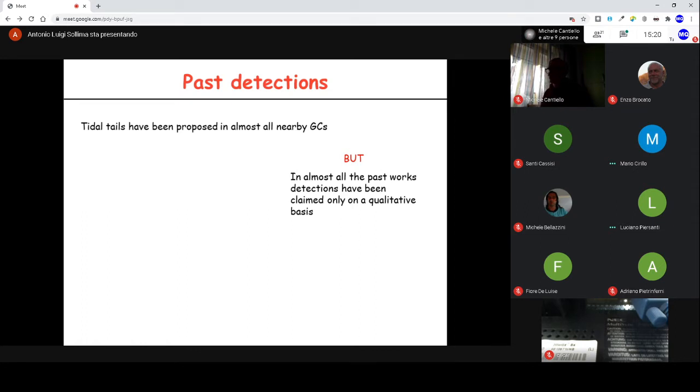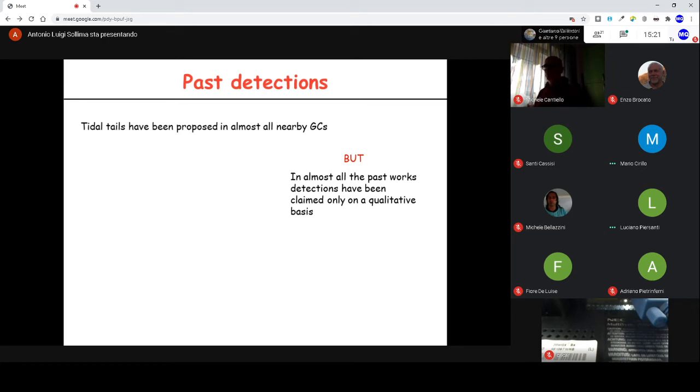So usually people make a kind of photometric analysis, select the stars, or adopt a matched filter technique, derive a density map, and then compare 2 sigma or 3 sigma contours with the location of the tidal radius. And they see if there is a deformation of the contours close to the tidal radius, claiming if there is a tail. But there are many passages, many steps, which are critical in this kind of